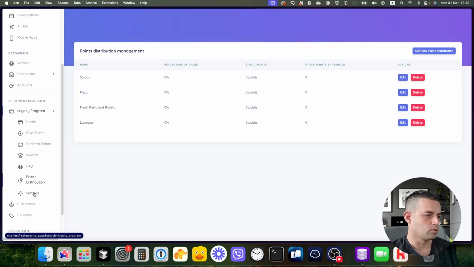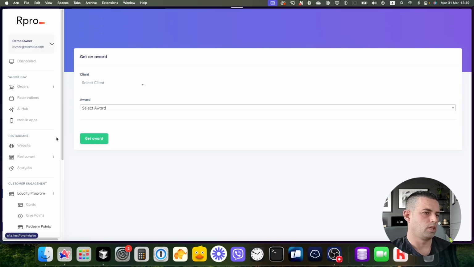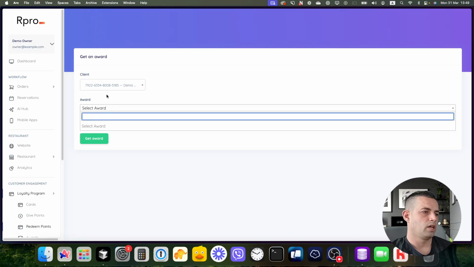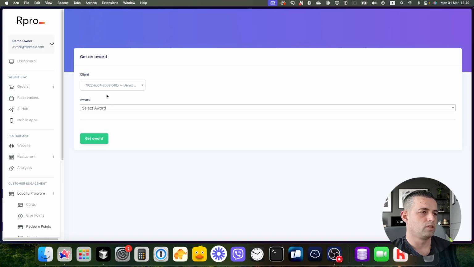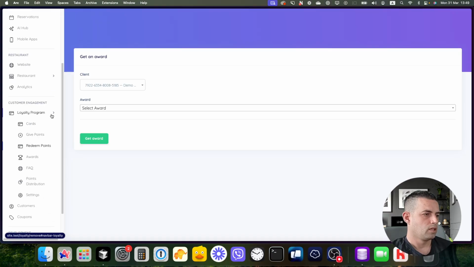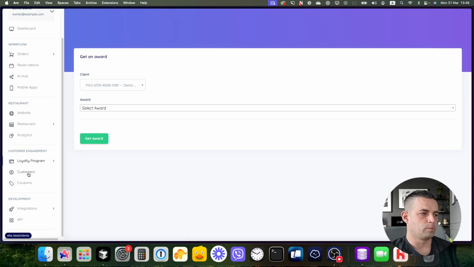And of course, all of the settings for the loyalty. Let's see how to redeem points. So they can also redeem points. They can select the client, select the award, and give the award to the user, and also remove points from the user. Then we have the list of customers,